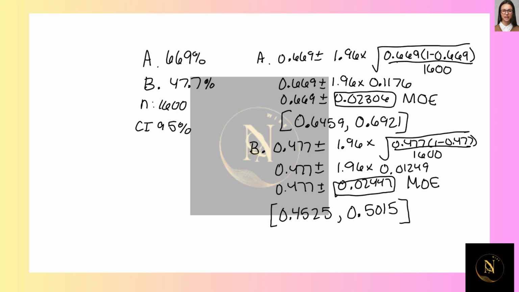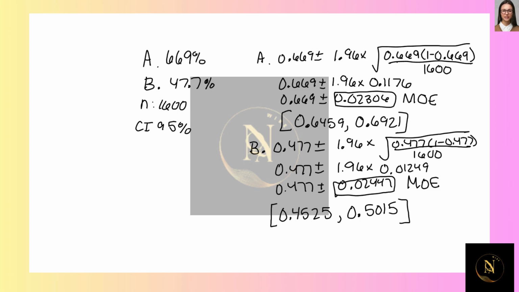So then I think the last question says, if the margin of error is the same for parts A and B, why or why not? Hold on. What is the interval estimate for the number of eligible people under 20 years old who have a driver's license? So I got the 95%. So the margin of error is,